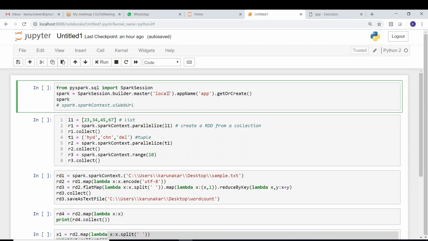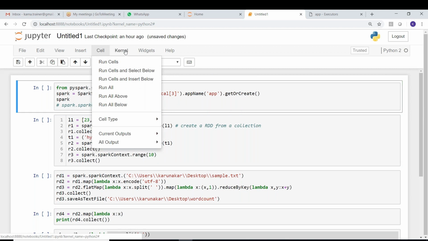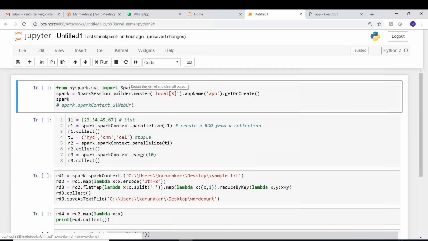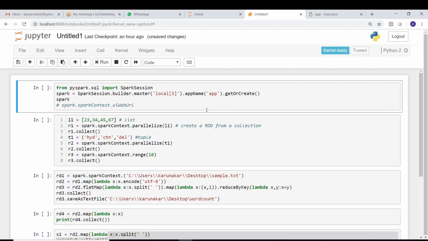Suppose I say local of 3, just observe what is going to happen. Let me restart the kernel, because that will be already running. So if I say local of 3, and I name it demo app, the application will be created with that name.